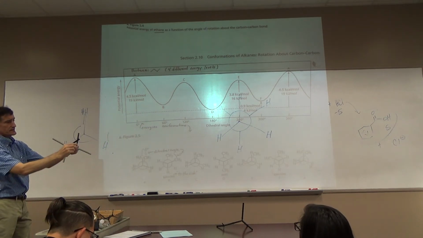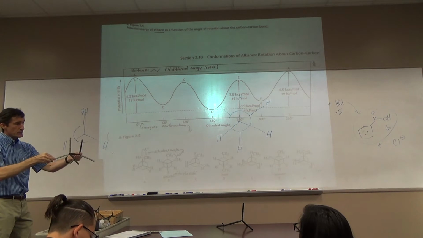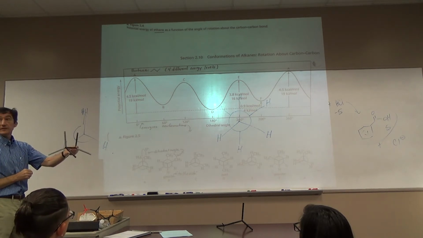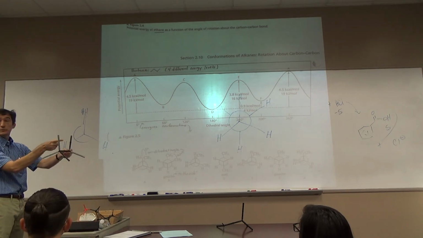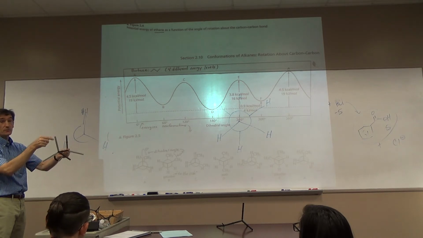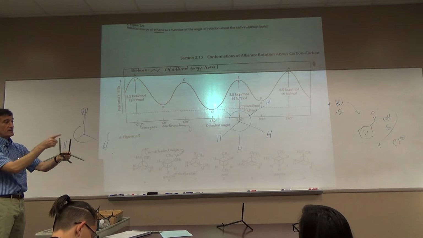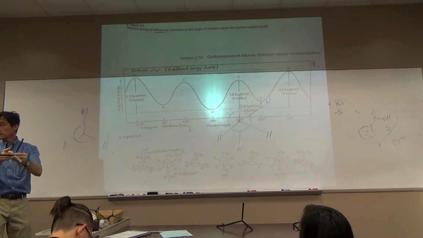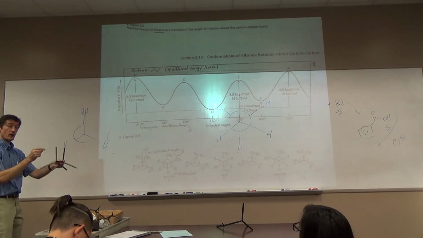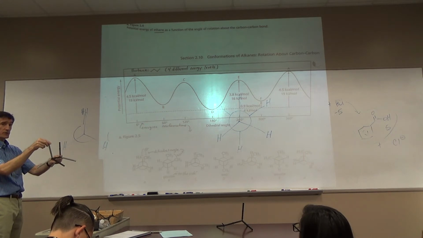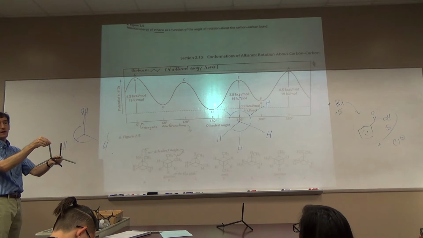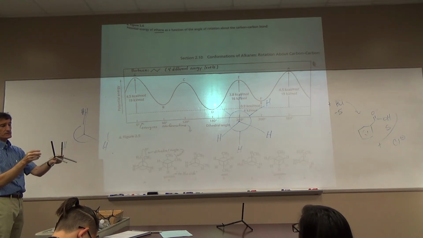Let's rotate another 60 degrees. Boom. Now what do we have here? We're back to eclipsed. But it's not the same as the original eclipse. The original eclipse had the 2 methyls. This has a methyl and a hydrogen that are eclipsed. So let's compare the 2 eclipses. Which is worse? 2 methyls eclipsing or methyl and H? 2 methyls is worse because,